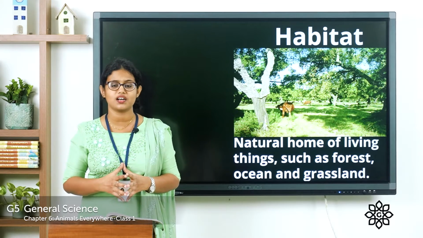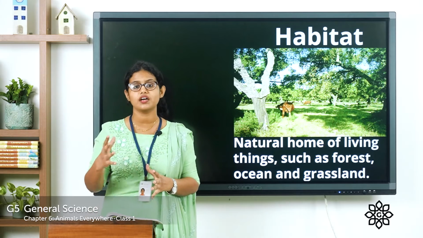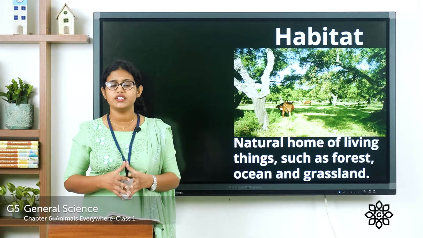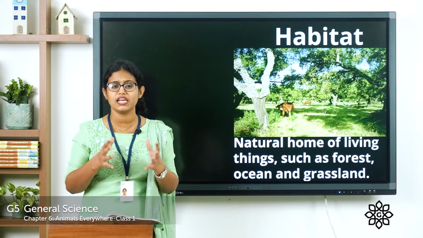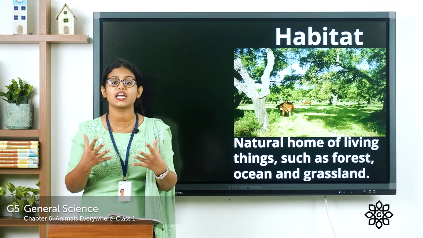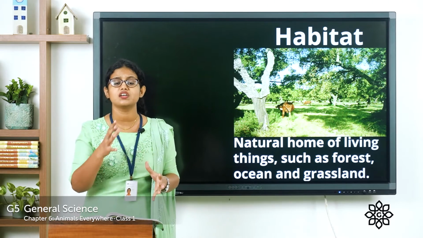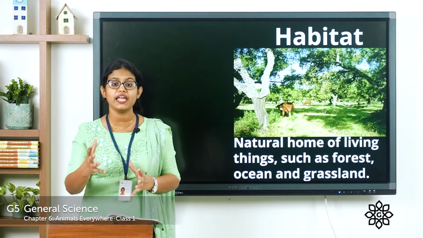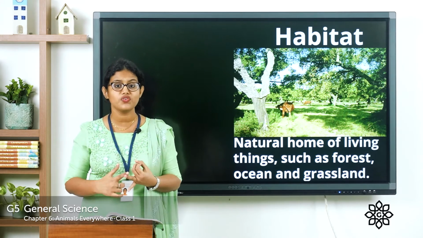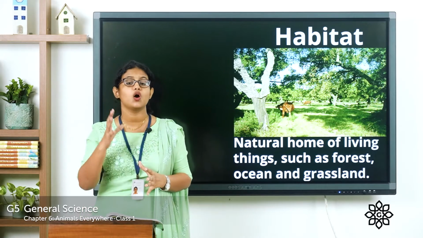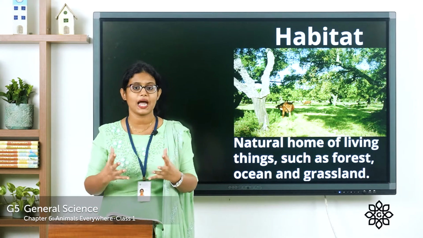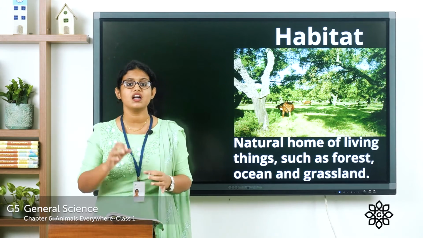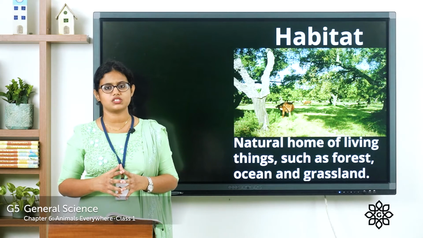And what about cheetah? Where do these cheetahs live? They live in grassland. What happens if they are made to live in a very dense forest? You know what is a forest? A land which is covered with full of trees. It cannot survive. It is not the right kind of environment. So animals need a place which provides them water, food, and the right kind of environment. We call it as habitat. So what is a habitat? Habitat is a place which provides them food, water, and the right kind of environment.